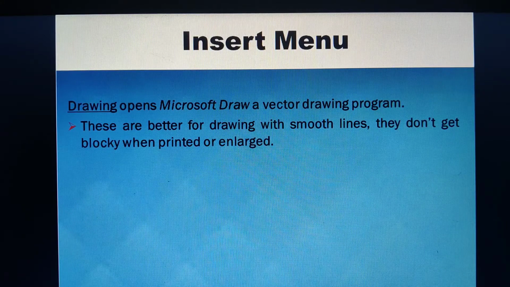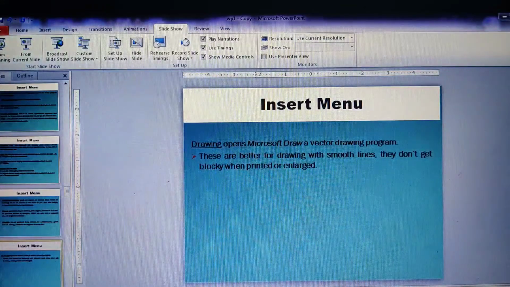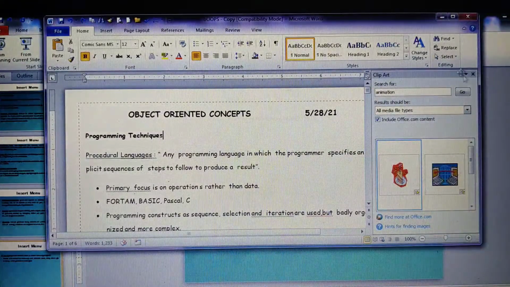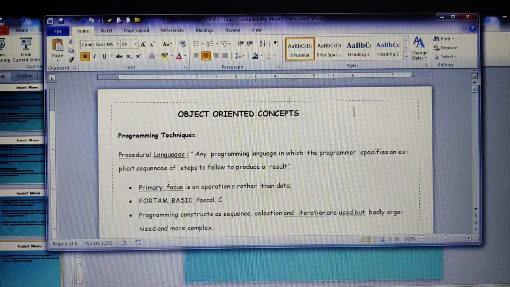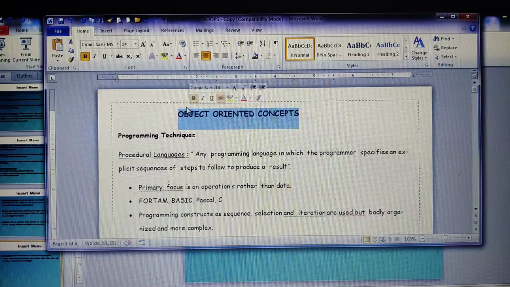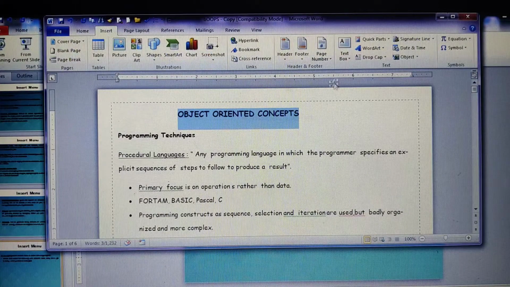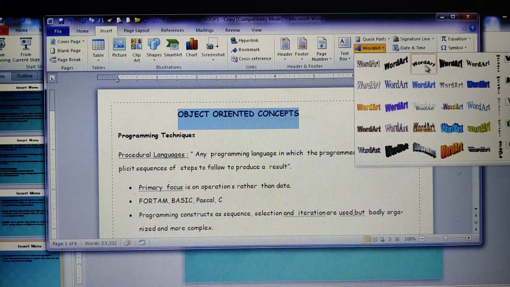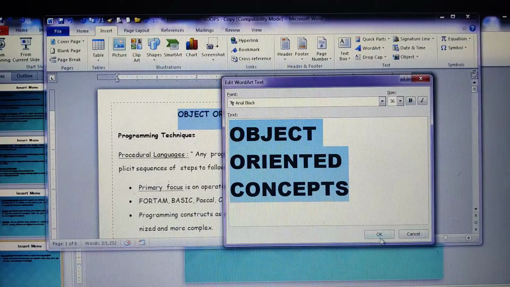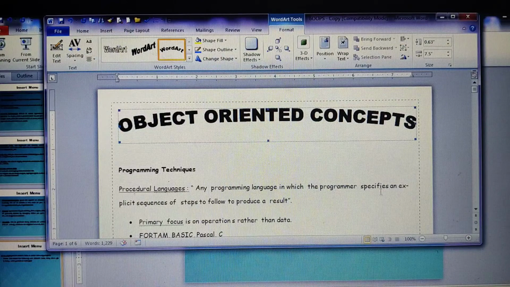Okay, so let me show these options onto your Word document here. As I have already shown you the clip arts here, I'll just close this clip art here. So now I'll just remove this date over here. All right, so herein I'll first select this text and go to the insert tab. Therein I have a word art, so it will insert a decorative text in your document. You can see here whichever form you want the text to appear. If I just click OK, see, this is how you have it inserted.